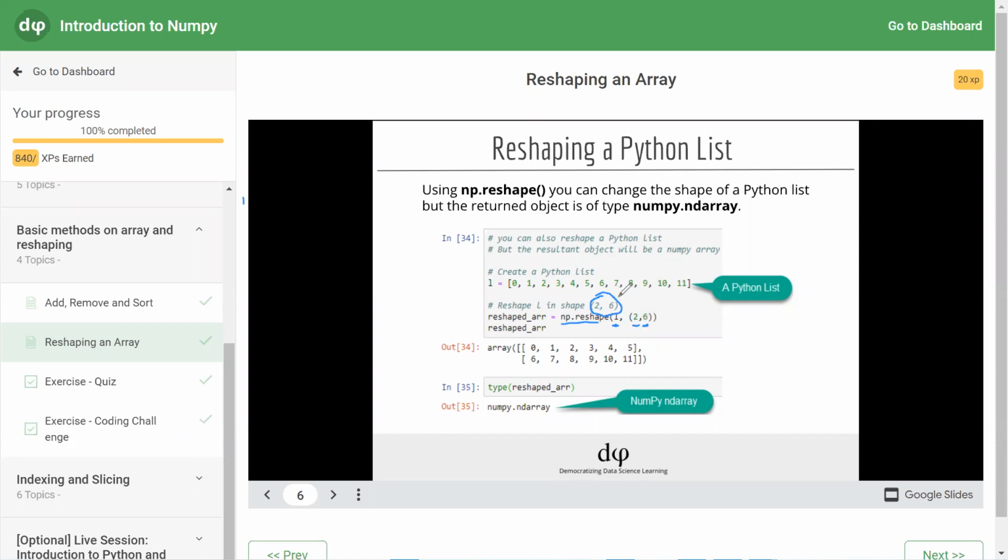The total number of elements is 12. The original list contains 12 elements, and reshaping will result in 12 elements. It will be stored in the reshaped array. When we print the reshaped array on the screen, it contains 2 rows and 6 columns. These are the 2 rows and these are the 6 columns. It contains a total of 12 elements, which form a numpy array. So till now you have understood that when you use any np function on a list, it will convert the list into a numpy array and the result will be written on the screen.